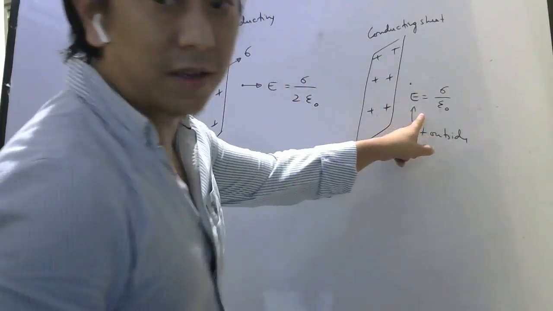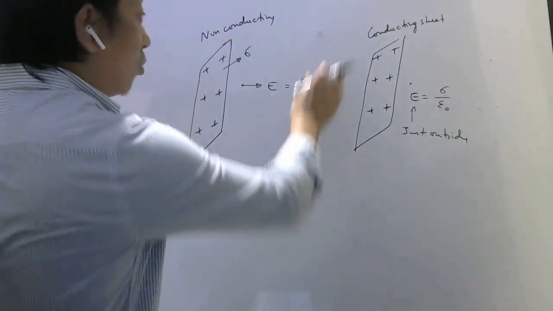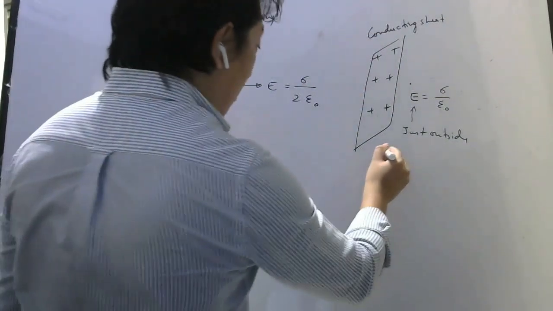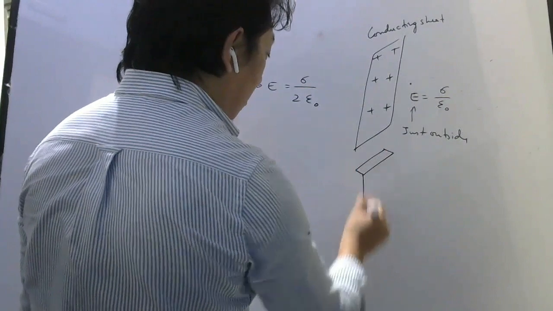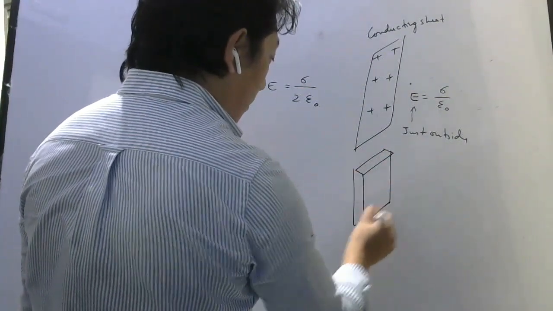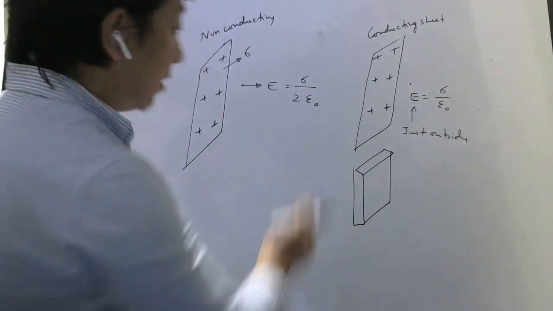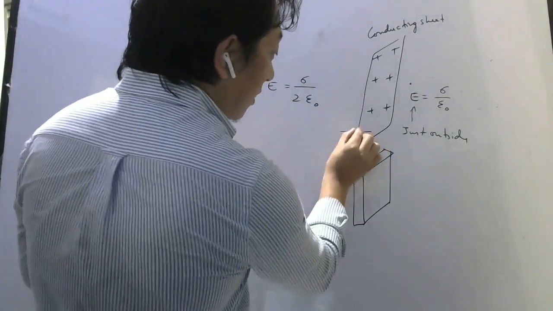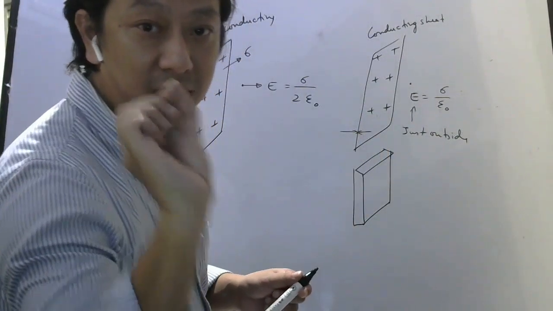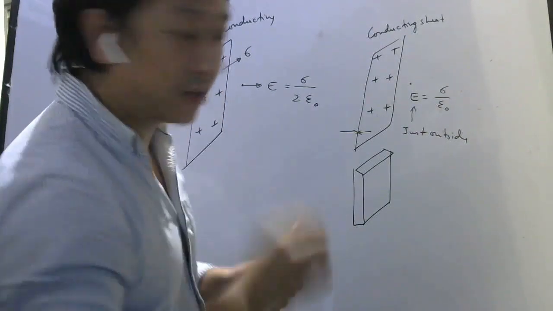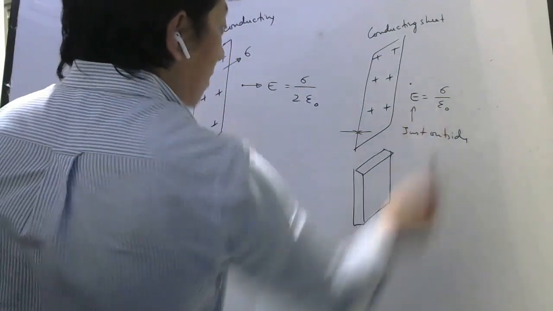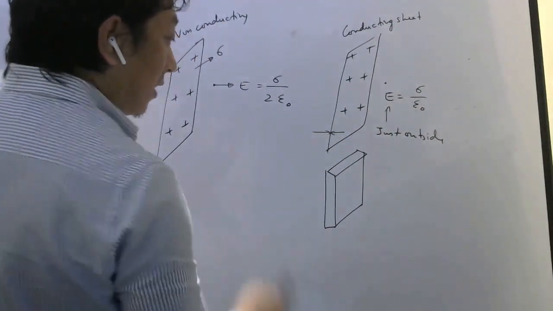And the reason why it was like this is because no matter how thin it is, it will have some thickness, remember. It cannot be zero thickness. Even if it is like this, it will have some thickness. This much thickness will be there. Even if it is just like a paper, it will still have thickness. So if it has thickness, then the reason why it came sigma by epsilon naught in the case of conductor